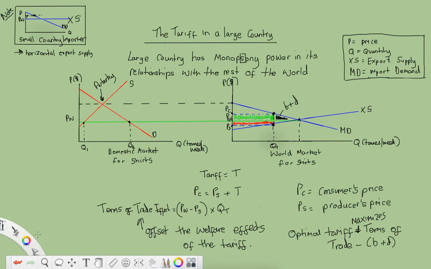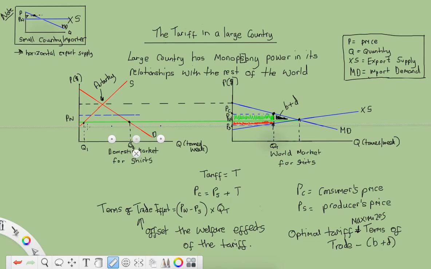But theoretically, there will be a tariff that can actually make a country better off, provided they are a large country, and maybe you could even say provided they don't have terribly many scruples, perhaps. If we show this on a domestic diagram instead, if I put the two prices on, so move this down to here,